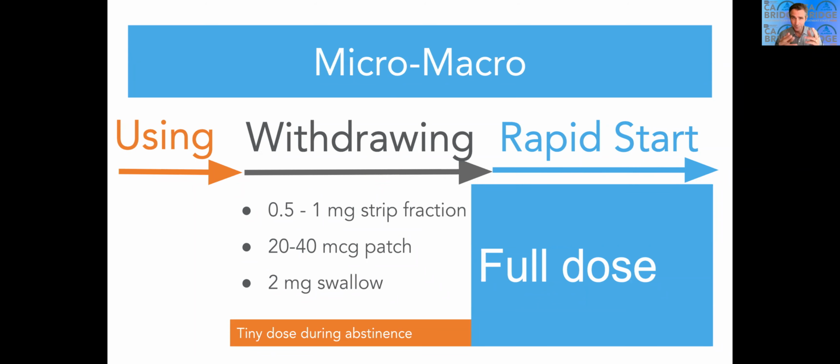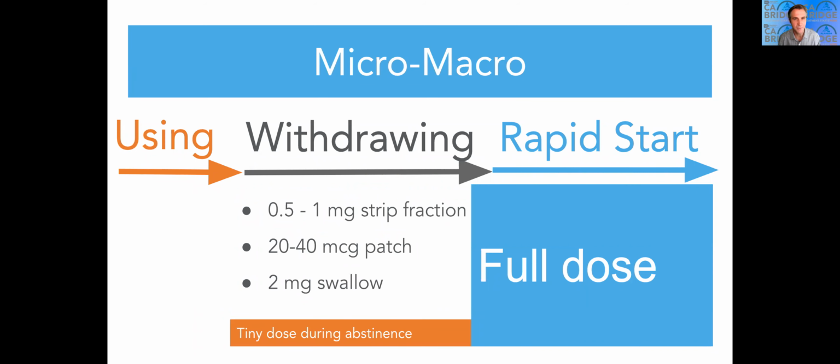Or finally, people are used to snipping up patches and stuff, so it's not a big deal. So you just half it and quarter it and eighth it, and you get down to the 0.5 milligram, and you do that every couple hours. Again, do that for a day. And then once everything's washed out, you go from the tiny dose to a full dose.